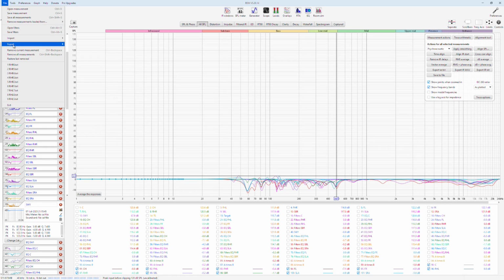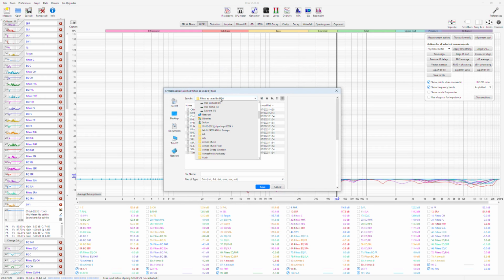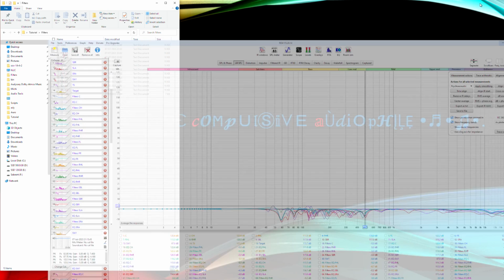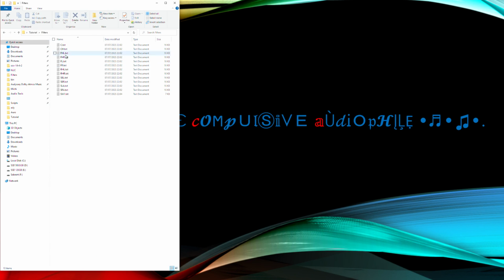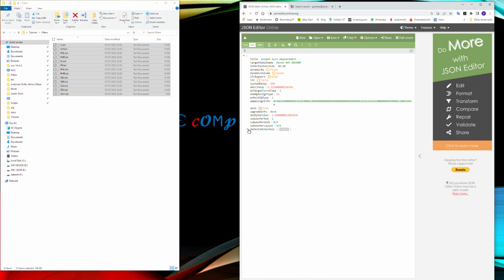So export this one. I'm repeating because for some reason it saved it somewhere else. 10 to 250, 48, PPO, SPL, comma, do not include. Okay. Yeah, this is the problem. It is not under tutorial, it should be here, and save. Now under this filters folder I have 1, 2, 3, 4, 13. There is one missing. Wasn't this 14 channels? Yeah. What is missing? FL.